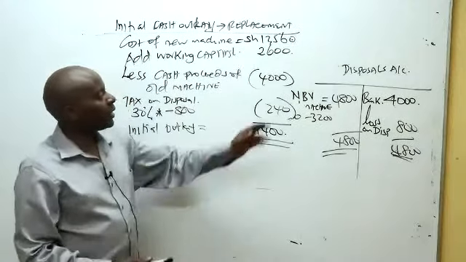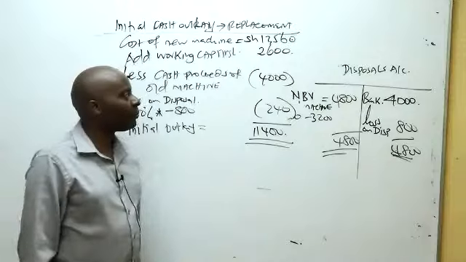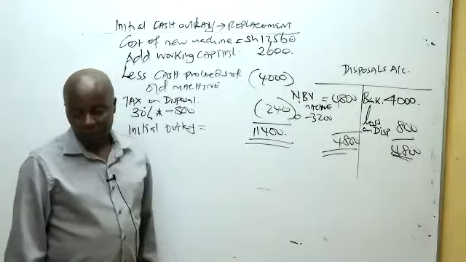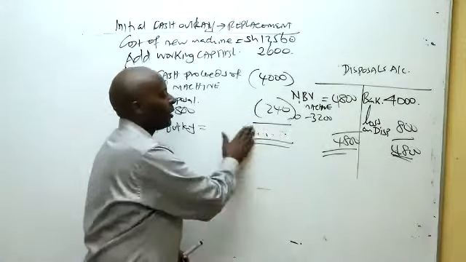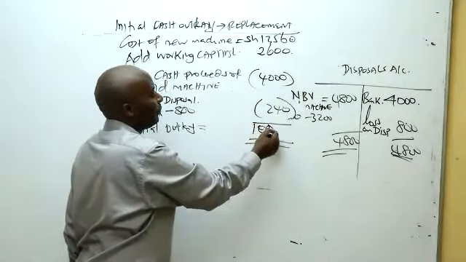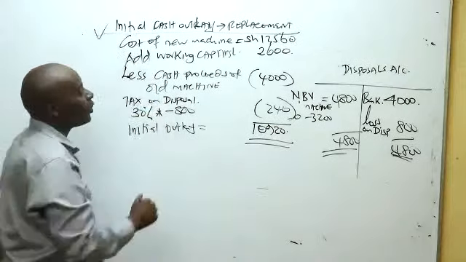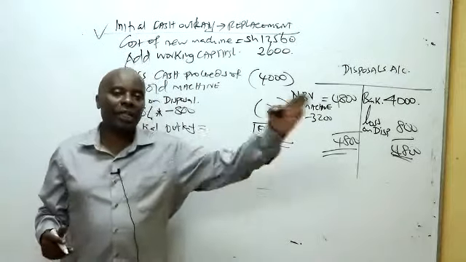Because I can see there is a 60 and there is a 40 here, so it cannot be exactly 400. 10, 9, 20. Yeah, because you can see 40 and 60 there. Thank you very much. Now, having gotten this initial outlay, I told you three things: cash flow at the beginning,